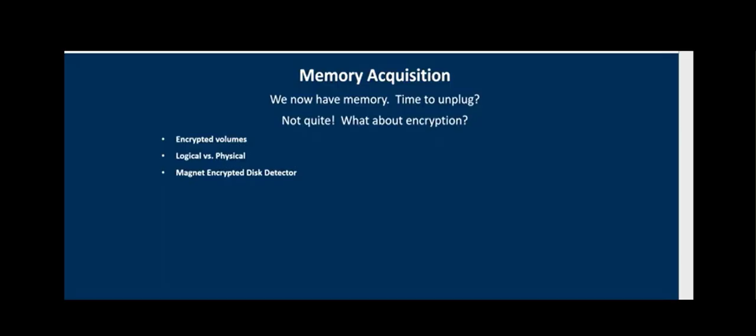So one of the most important things we have to do now that we've captured our RAM is, before we power off and remove that hard drive, to check to see if it's encrypted. If there were indications that the drive was encrypted, it would be advisable to image the drive while it was powered on. So let me say that again. If you had indications that the drive was encrypted, it would be advisable to image that drive while it was still powered on and live, because